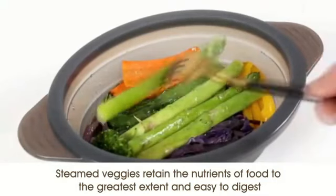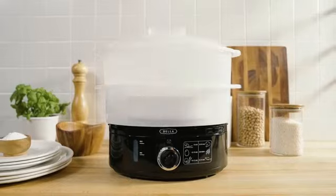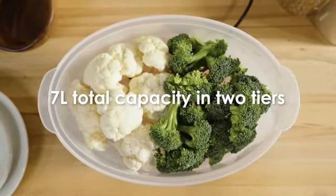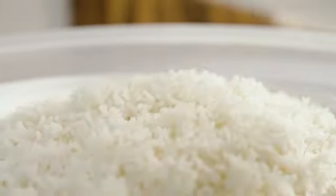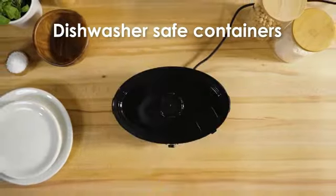This digital electric food steamer boasts user-friendly controls that allow for precise cooking times and optimal results. Its digital interface simplifies the steaming process, making it suitable for individuals of all cooking levels. Whether you are steaming vegetables, fish, or grains, the Hamilton Beach Digital Electric Food Steamer ensures